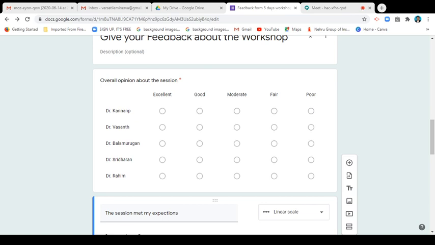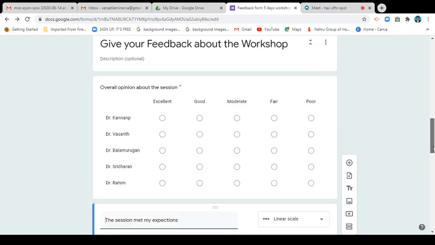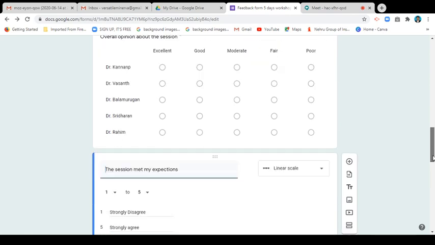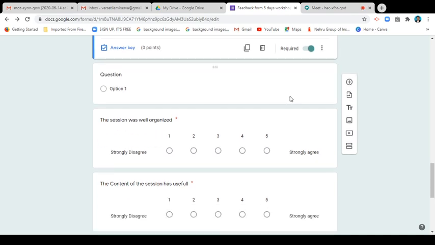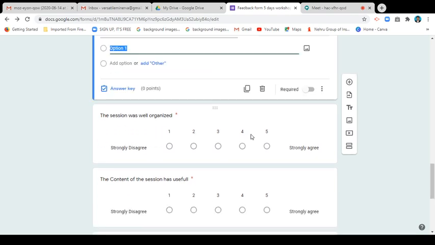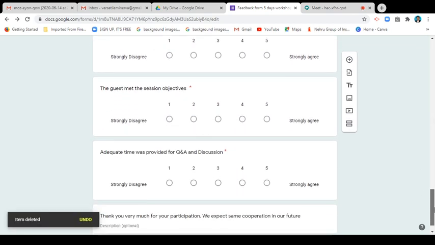So instead of typing their name, you can type the session 1, 2, 3, 4, 5, like that. Like that you can ask the same multiple-choice question for all of them. Also you can use it for all 5 different sessions. So I'm saying that these kinds of options are there, and you may utilize them. So that's the way I wanted to explain it.